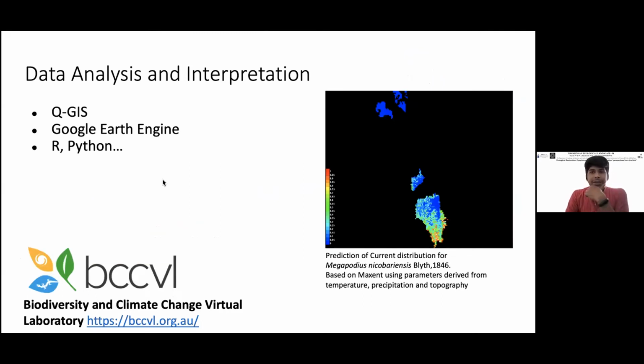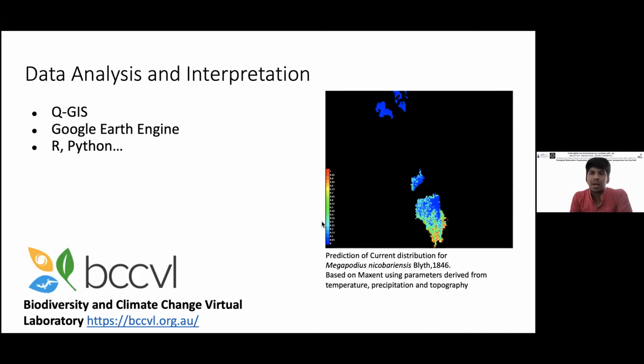Modeling is an extremely important thing that's coming up now, where you can use, say, global climatic data to actually find out how the distribution of a particular species may be affected due to climatic or land cover or any other topographical factors. So this is a quick example of how I tried to model the occurrence of this species in Nicobar Islands, and I used this algorithm called Maxent.